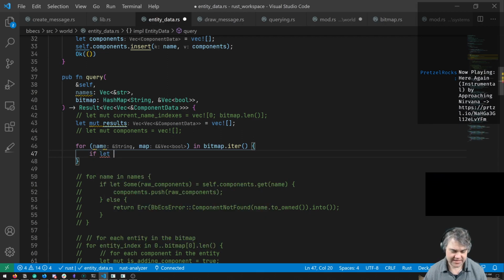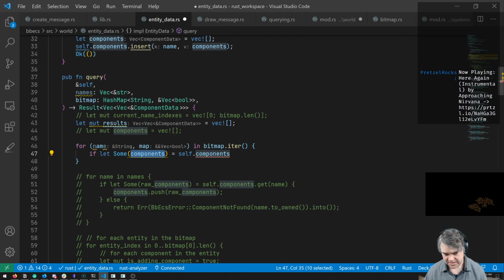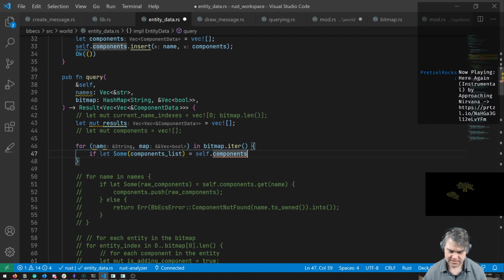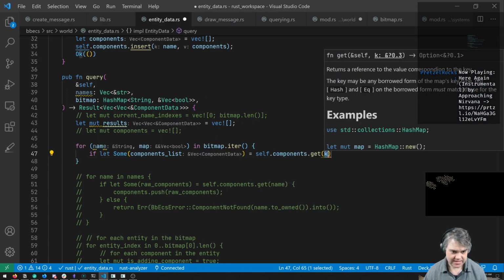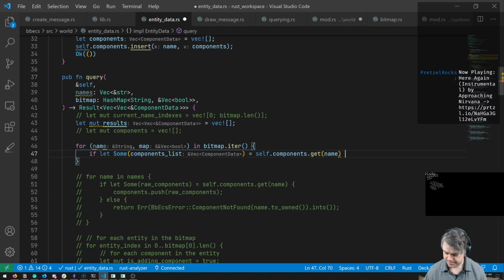So if let Some, and this is going to be the components, it's equal to self.components list, self.components.get(name).